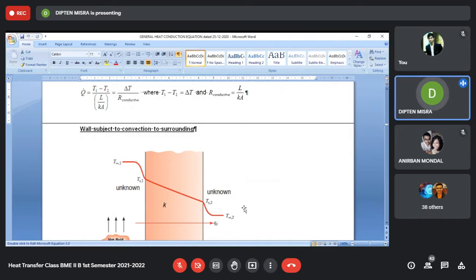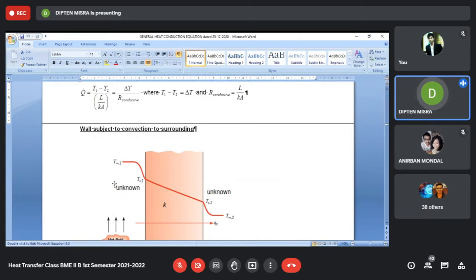So this is side 1 and this is side 2: the free stream temperature on side 1, and the free stream temperature of the fluid on side 2. And near the wall, what happens? Near the wall, if this is a hot fluid, this temperature is higher. We take the temperature axis along the y-axis. So this is at a higher temperature and this is at a lower temperature. So heat on the whole will flow from the fluid through the wall and out of this wall into the fluid.